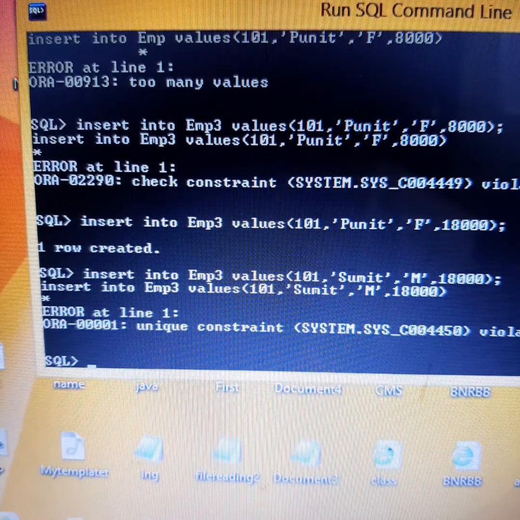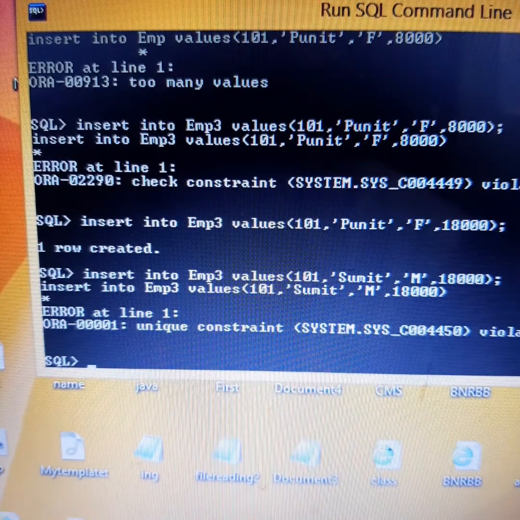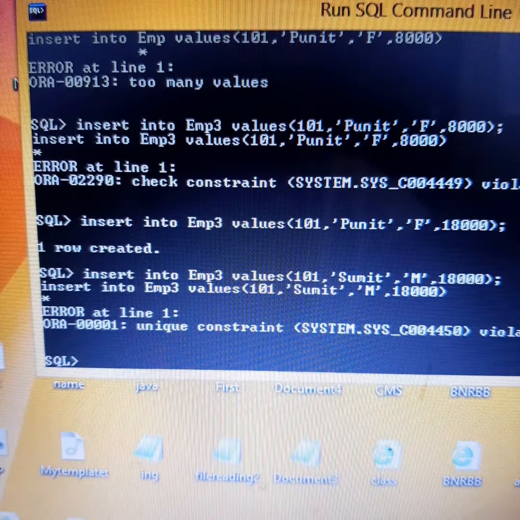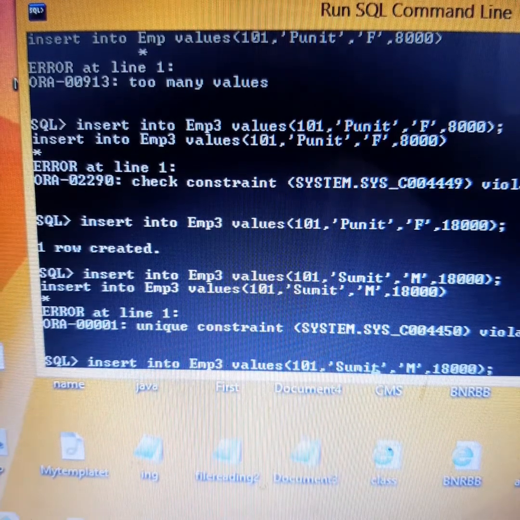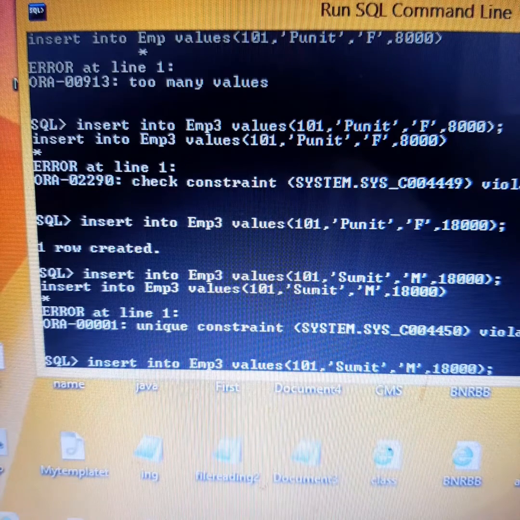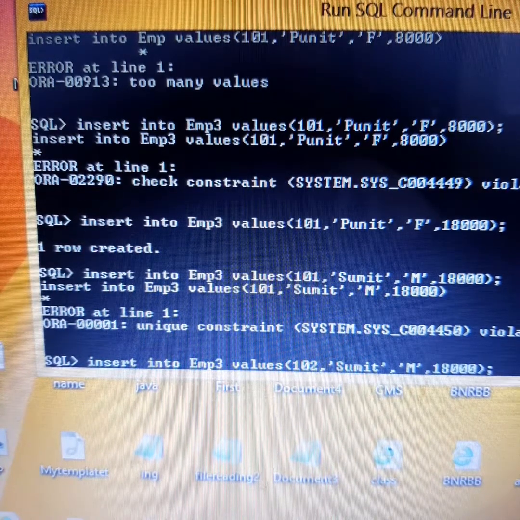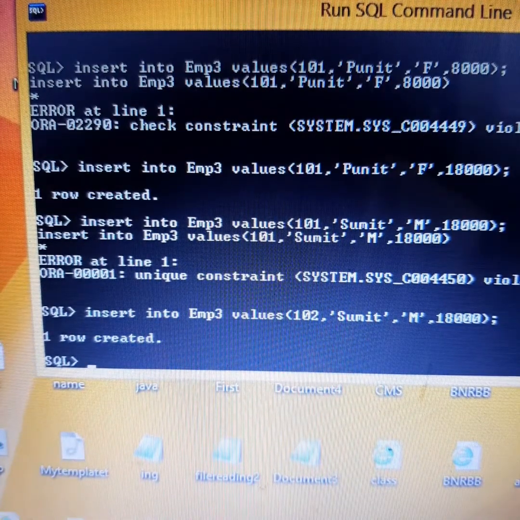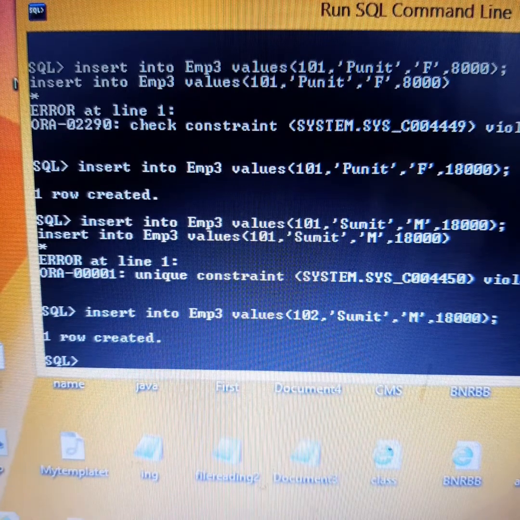Because unique does not allow this 101 again to be put. Right? So I'll have to keep it as 102. It's actually the primary key that has been violated, but primary key, as I told you, behaves like unique key. So it will give you that unique constraint violated.